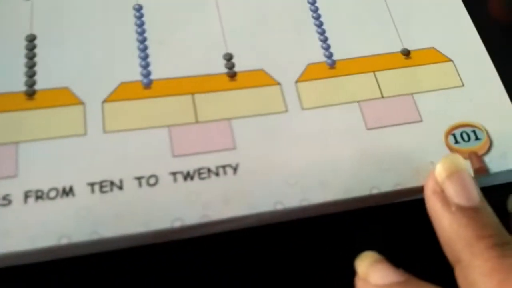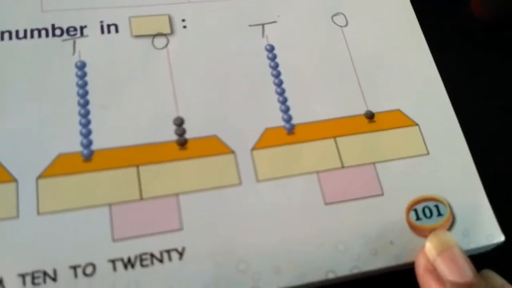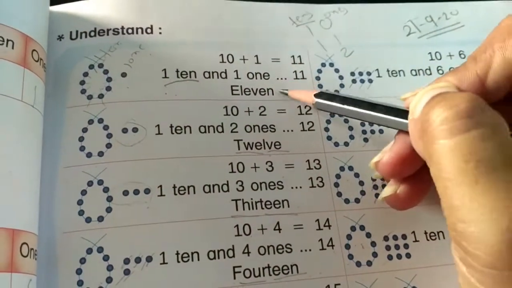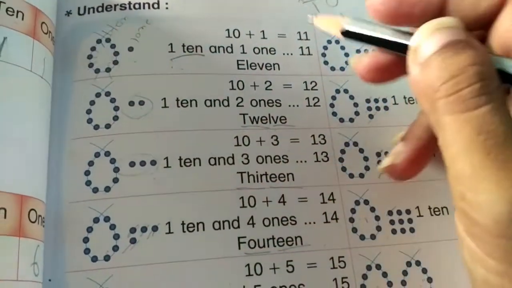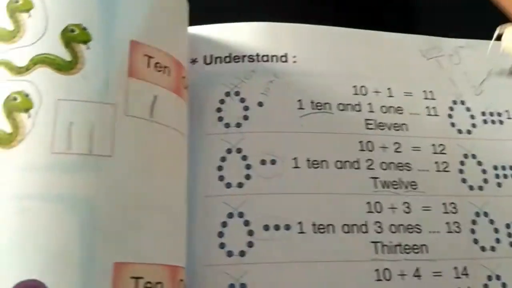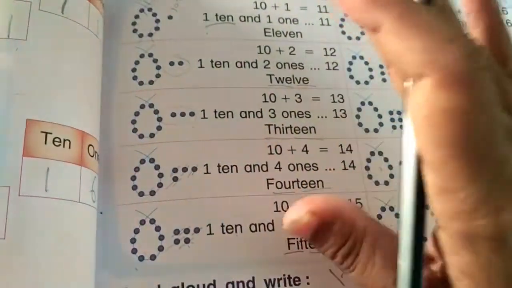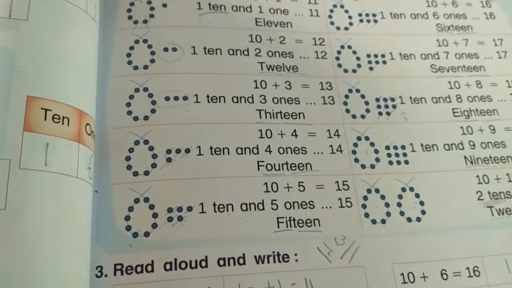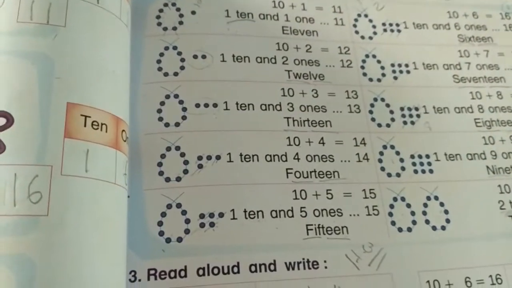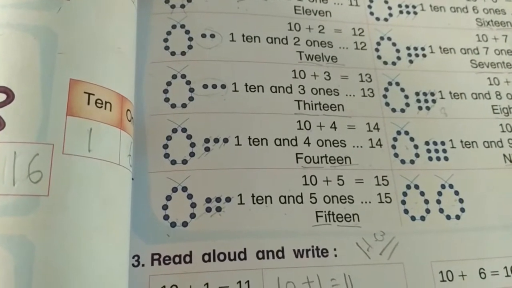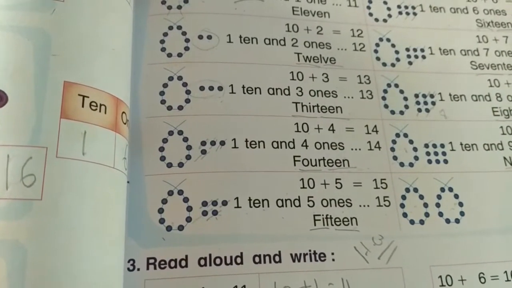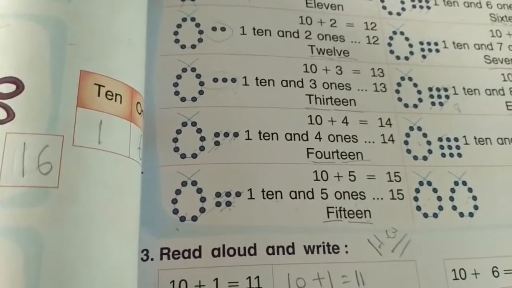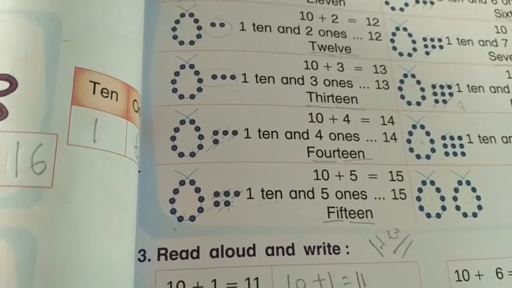Now look at the next page, page number 101, where you will find the understanding of the numbers and their spelling, which we have already covered in the notebook. Fine. So you have to remember the spelling. Spellings are a must. You have to remember this. You must be able to say the spellings of 1 to 20 orally, because very soon we will take your oral exam in which I will ask you the spelling. So please don't take it easily and learn it properly and thoroughly.